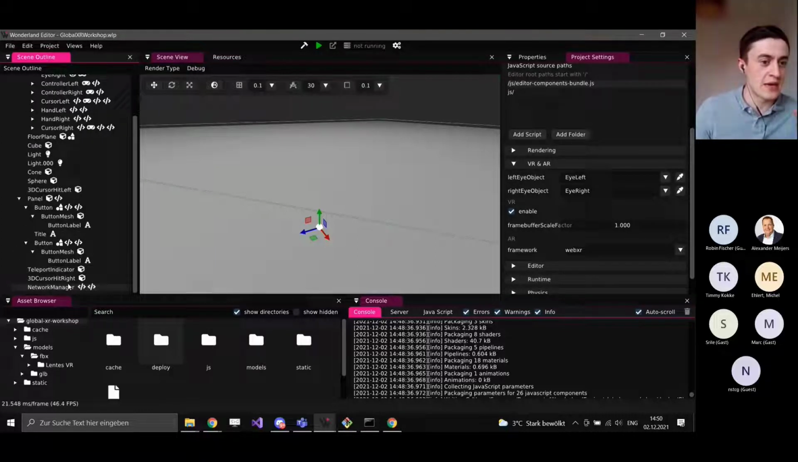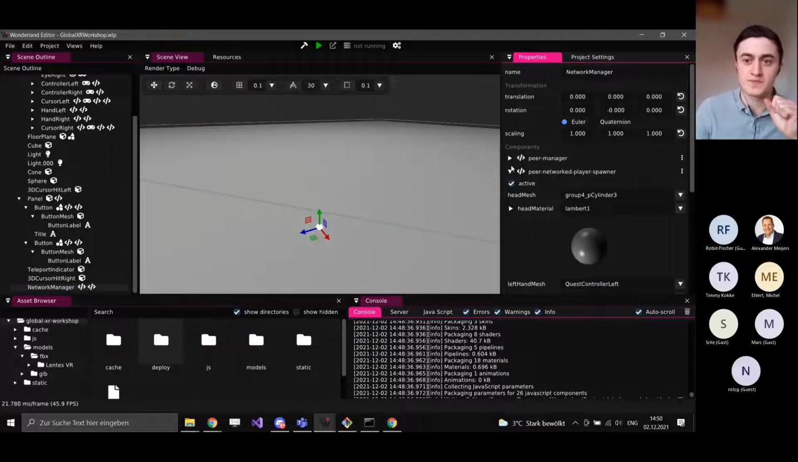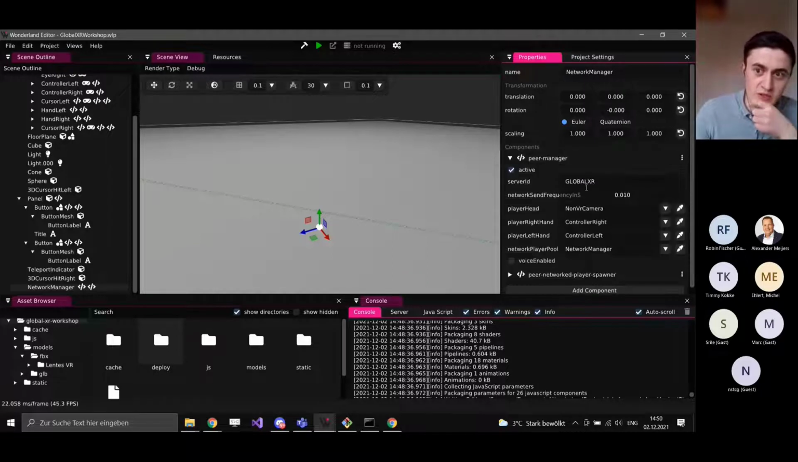And that was in the network manager. If you select the network manager and find in properties the peer manager, you see, okay, it's using the non-VR camera for the player head. That obviously doesn't make sense for VR or AR. We want, in this case, the left eye to be